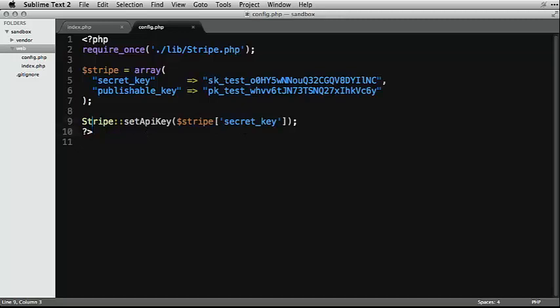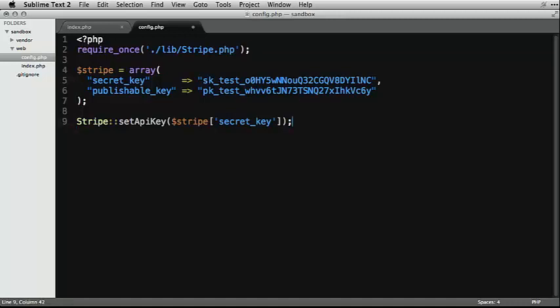Okay, so here we have a file that has nothing but PHP. The first thing we're going to do, in order to keep with standards, is remove that final question mark, save our file, and then take a look. It's going to require the libstripe.php, and then we're going to set a variable array called stripe with a secret key and